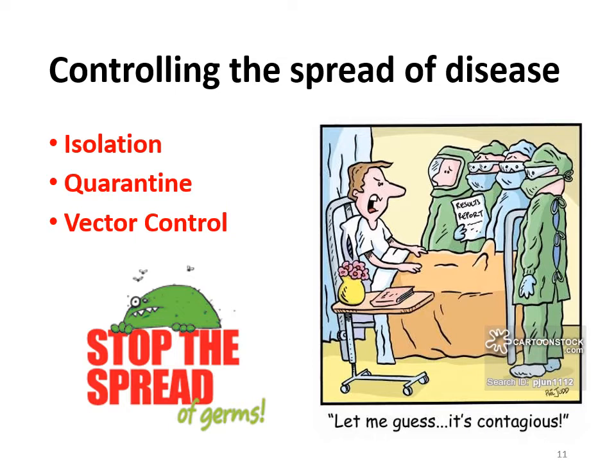Okay, so the example would be if you picture a classroom. If student A is sick and has an infection and we isolate or separate student A from the rest of the class, that would be isolation. What we would then do is take all of the other students in the class and separate them from the public just in case any of them have caught this infection, because you don't want them running around, going on the bus, going on the subway, going into stores or the gym or other classrooms, and now spreading this infection,